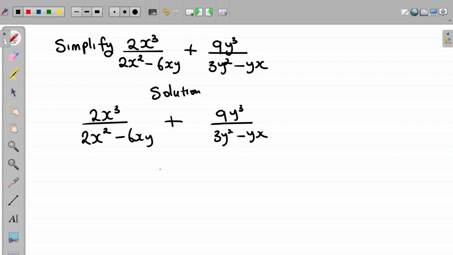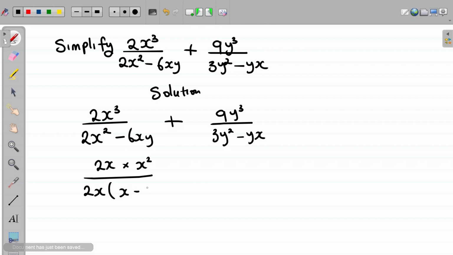Now the first thing we do is to factorize our denominators. So our expression can be expressed as 2x multiplied by x squared, all divided by, we can factorize 2x squared minus 6xy as 2x, open up a bracket, x minus 3y,